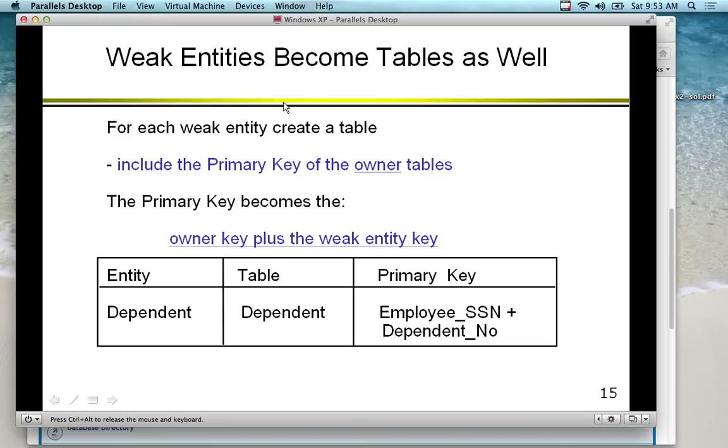So for each weak entity, you create a table. You include the primary key of the owner's table, so that's the employee. So the primary key becomes the owner key plus the weak entity key. Here the table name is going to be dependent, and the primary key is a composite key. If we just made the primary key the dependent number, which people still do, and they don't consider it a weak entity, and they don't do a composite with the employee,